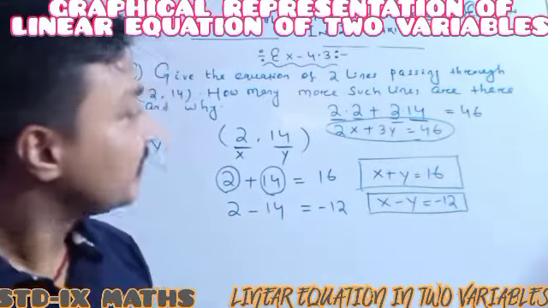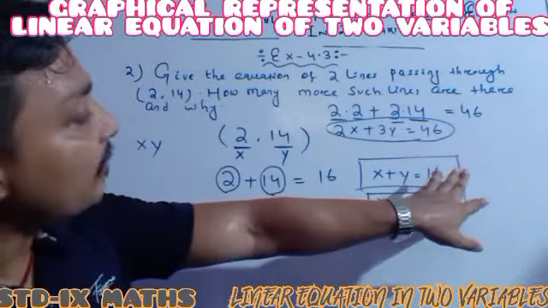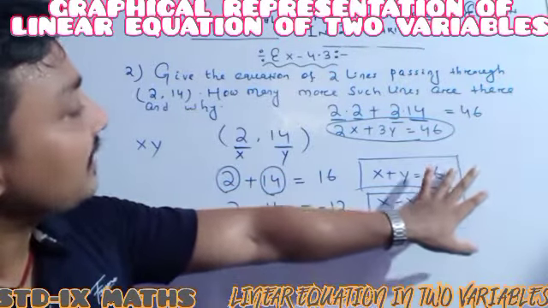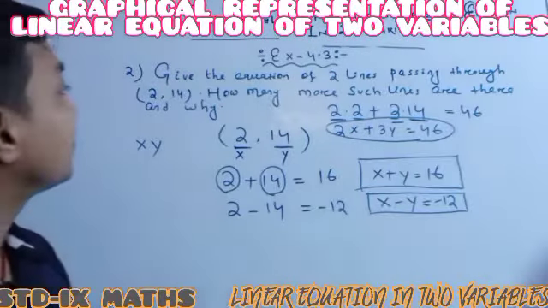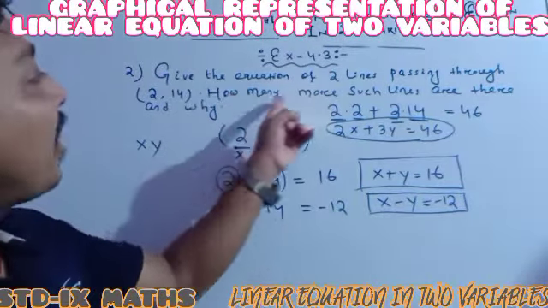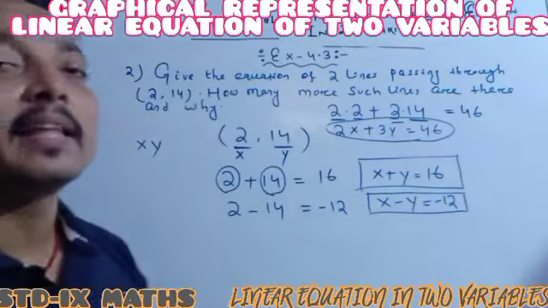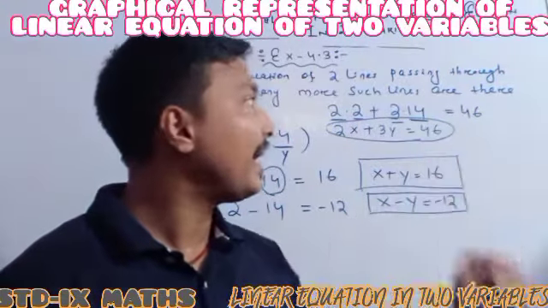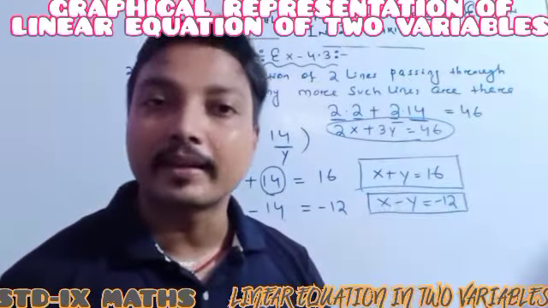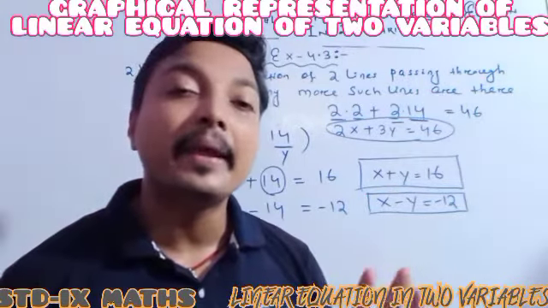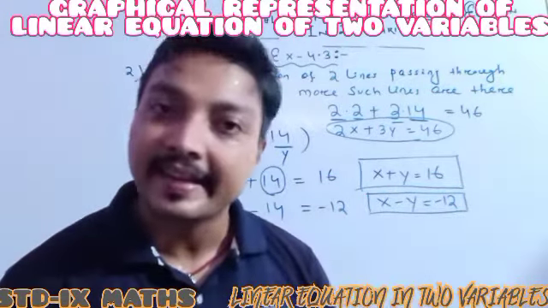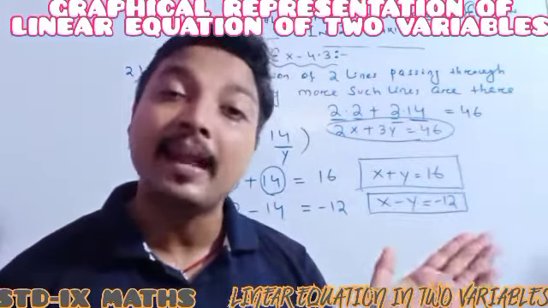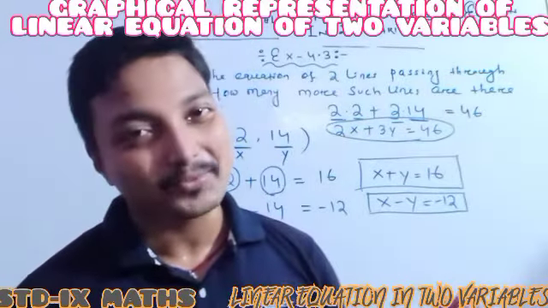Perfectly understood this one. So here I have already got two linear equations, this one, and here is another, the third, also drawn. How many more such lines are there and why? There are infinitely many such lines. Here 1 line, 2 lines, 3 lines we have drawn, but here it is given that only 2 lines you have to create. But you know that infinitely many such lines can be created. Why? Because we know that through a single point infinitely many lines can pass. Understood? This question I am leaving.